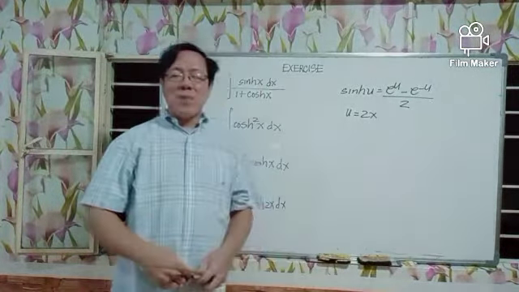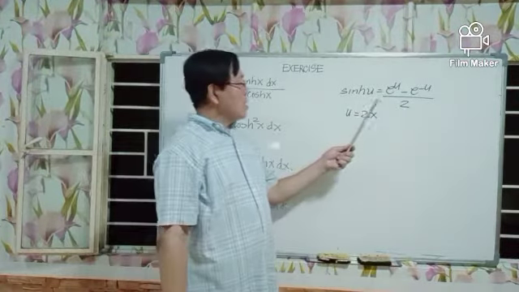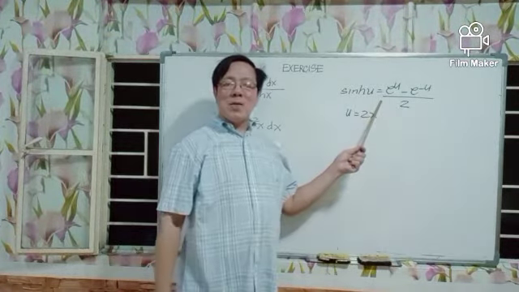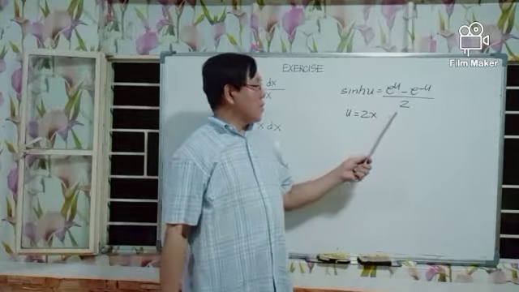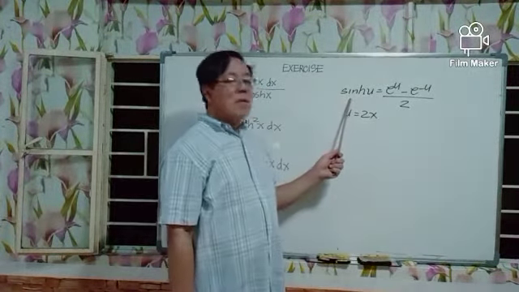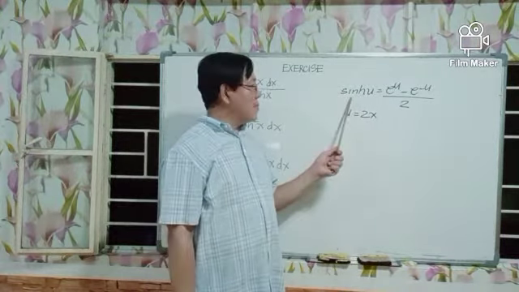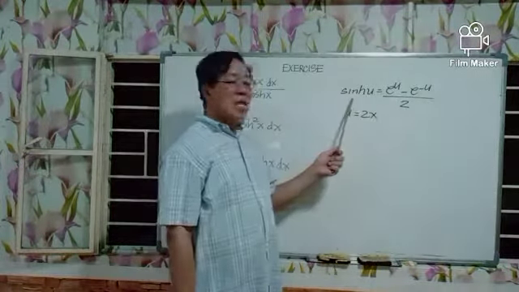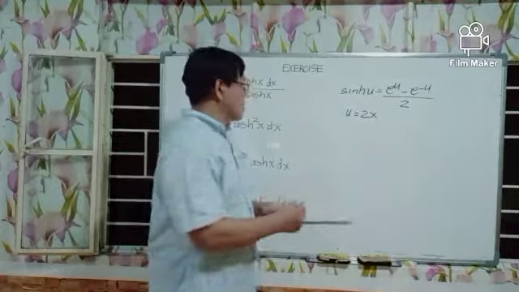If we define the hyperbolic sine of u equals e to the u minus e to the minus u all over 2, and you let u be equal to 2x in both sides of this equation, you will get hyperbolic sine of 2x